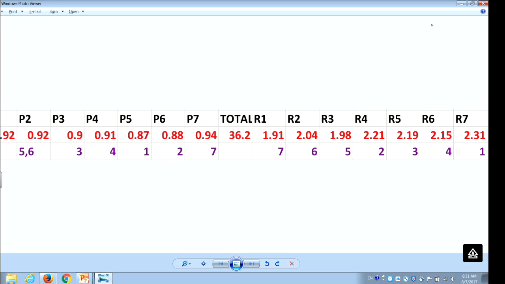Now, there are actual numbers, like a grade. So if the problem is out of 6, and the average grade is like 5.2, so 5.2 over 6, that gives the actual ranking, the actual difficulty. And the larger this number is, the easier the problem, the higher grade. And it turns out the same problem which you think was the hardest actually was the easiest. So don't really rely on your feelings, they lie.